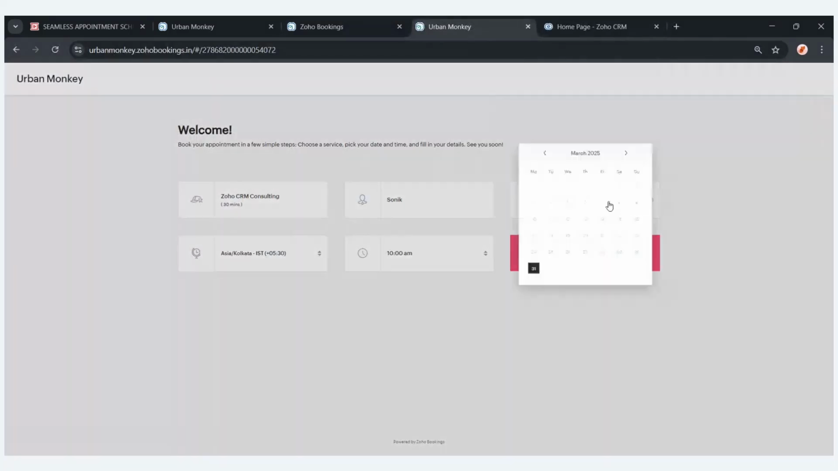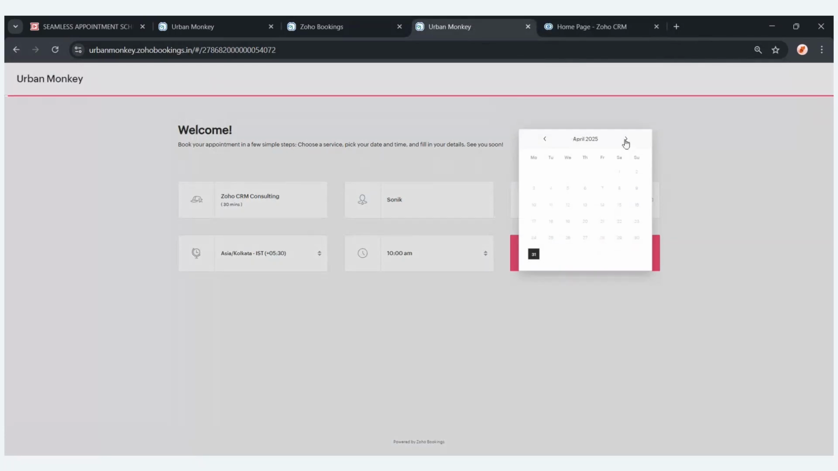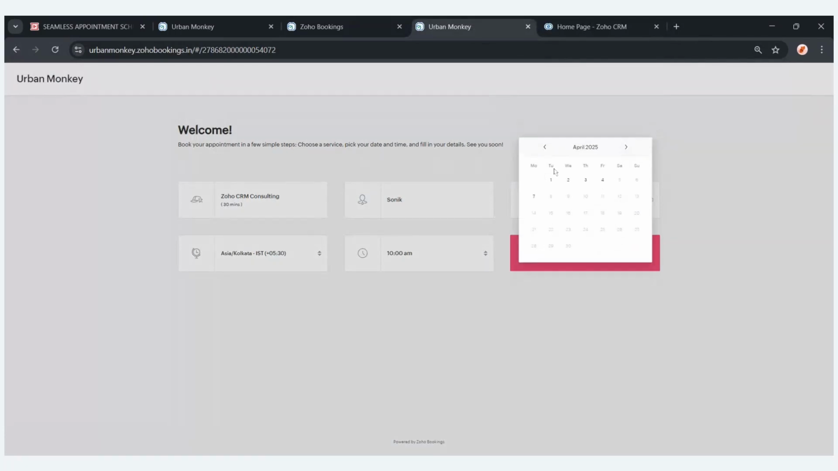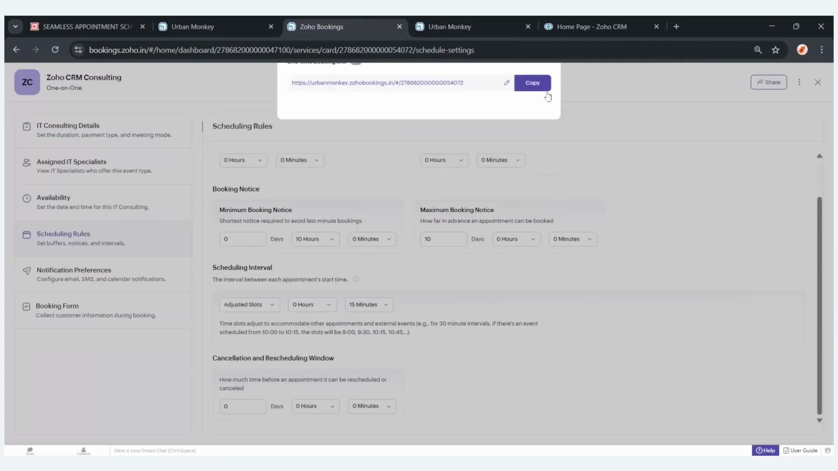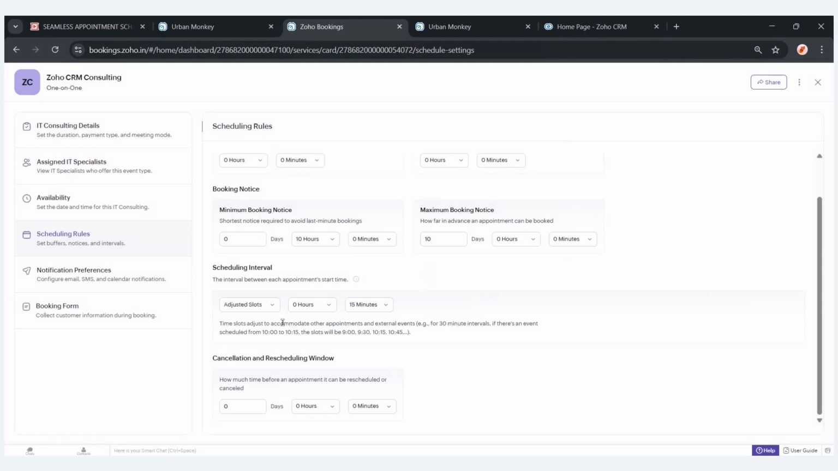Okay, I have given the limit as 10 days. So here you can see only the next 10 days are available. All the other dates have been blocked. And you can also adjust the slots. From the time slots you can adjust 15 or 30 minutes in between the slots,